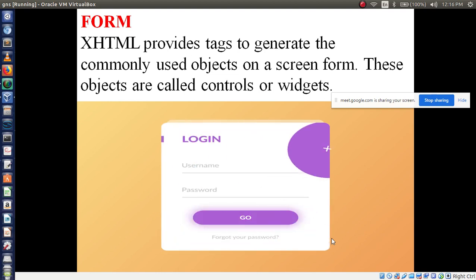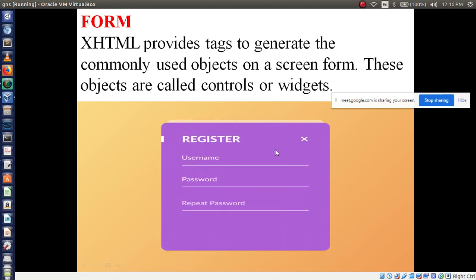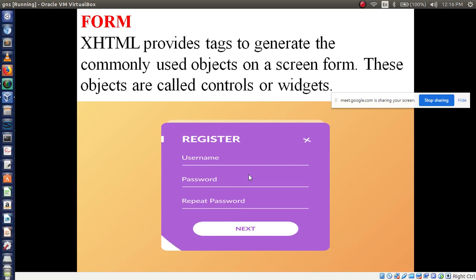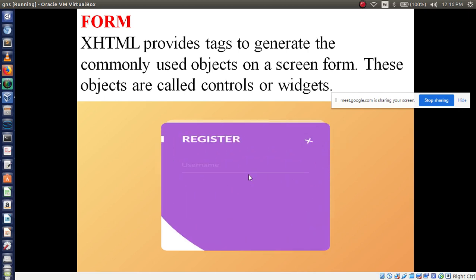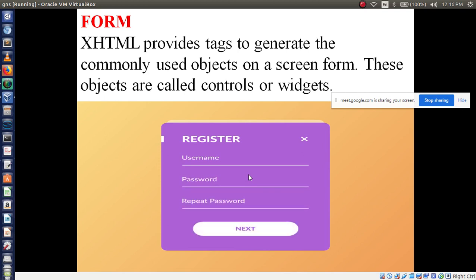In this box only you are going to use controls. What kind of controls? Text control, if you are writing any text. If you are writing password characters, it is called password control. If you are using radio buttons, it is called radio button controls, like that.